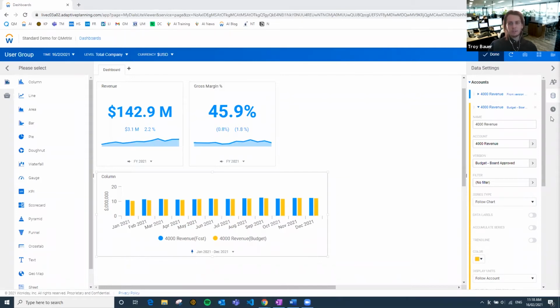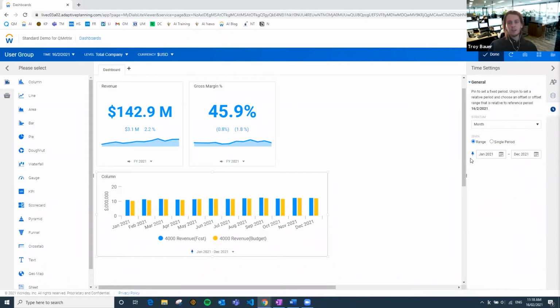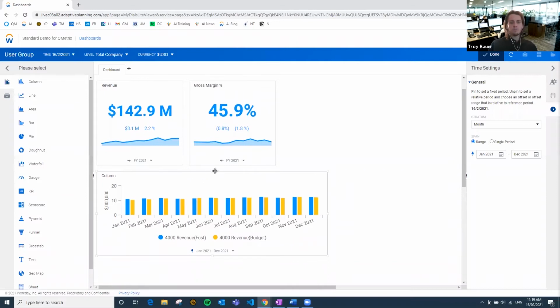So from Jan to December, if we're talking about calendar years, we've pretty much got that set. We don't really need to be doing much to that, which is great. We can confirm that by going into the time here. We don't want to change that to a relative time like we did before, because it's going to give a rolling 12 months, which isn't really suitable for an FY21 outlook. The months within FY21 are going to stay fixed, and therefore we're going to keep this pin vertical and keep it at a defined range of Jan to December. So that's it as far as the data output is concerned. We're happy with what we're displaying.